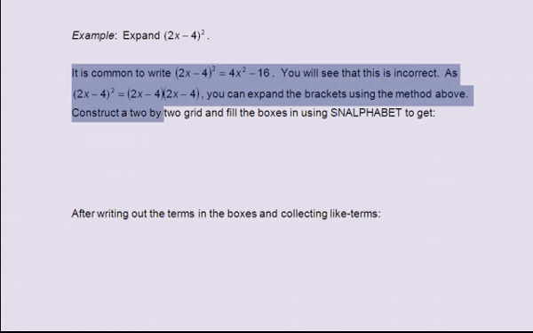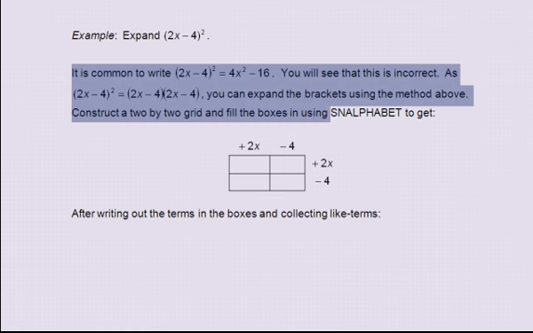Construct a 2 by 2 grid with 2x minus 4 at the top of the columns and the end of the rows. Now fill in the boxes using Snalphabet to get plus 2x multiplied by plus 2x equals plus 4x squared, minus 4 multiplied by plus 2x equals minus 8x, plus 2x